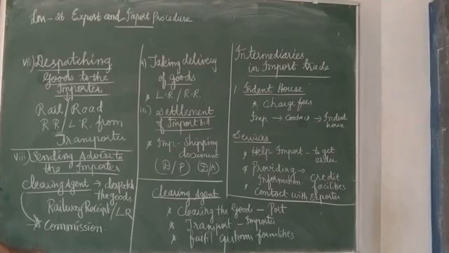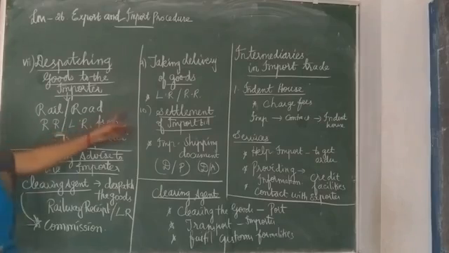That also will be included in the advice. Then taking the delivery of the goods. The importer is going to take the delivery of the goods. The importer takes the delivery of the goods from where? From the railway office or carrier after producing the railway receipt or lorry receipt.